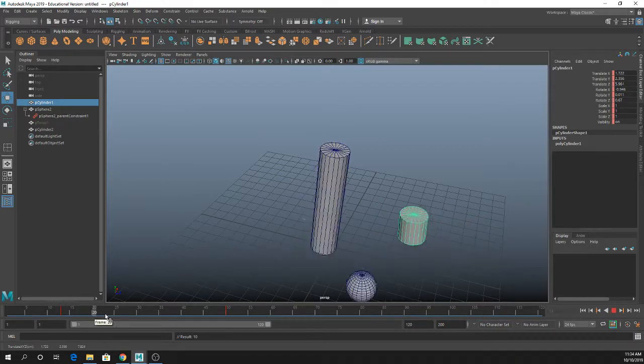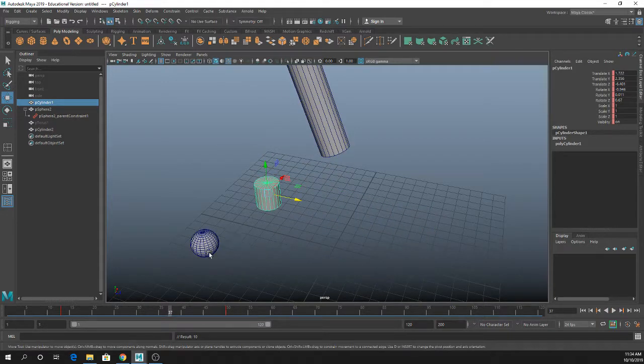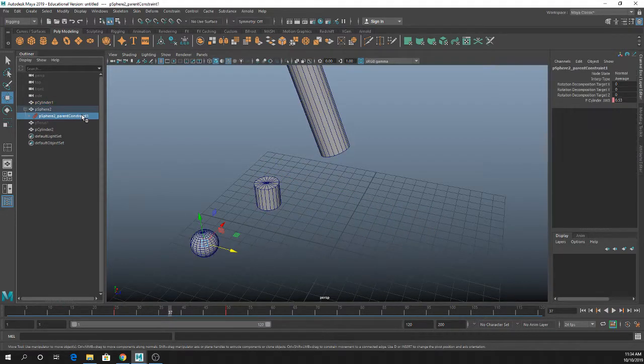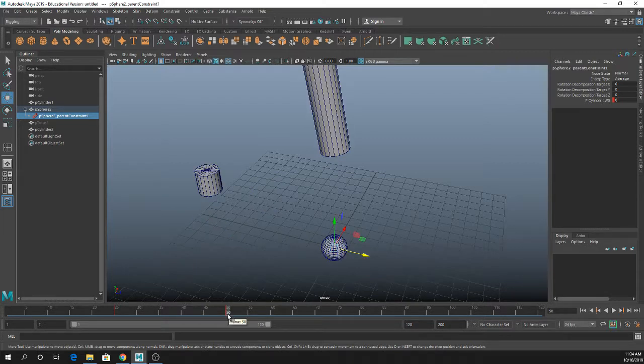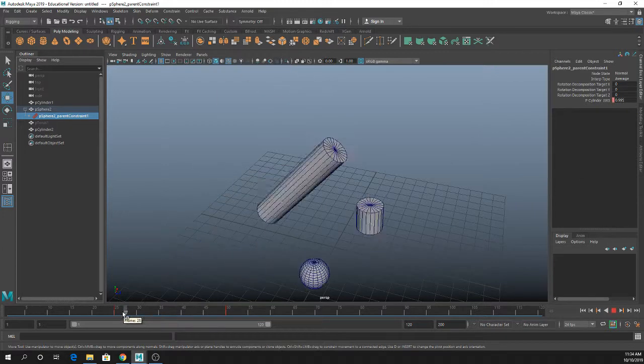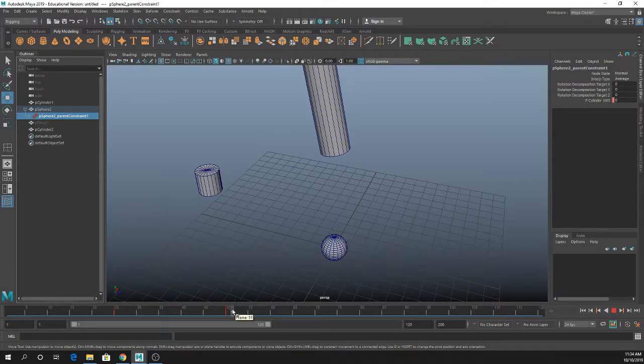All right. So you'll notice that as I scrub through this, my cylinder is moving, and if I look at my constraint on frame 50, the weight is set to 0. Right before frame 50, it's like 0.005, and you can see that it's still following that cylinder as normal. And then as soon as it hits frame 50 or that weight goes to 0, it just snaps back to the original position at the origin. So if you want a smooth transition, so it's not just snapping aggressively from one place to the other,